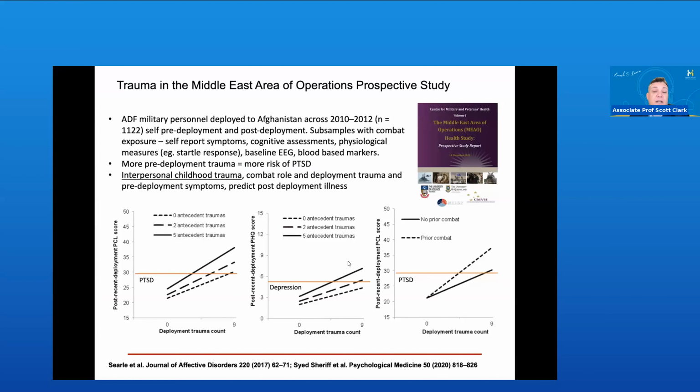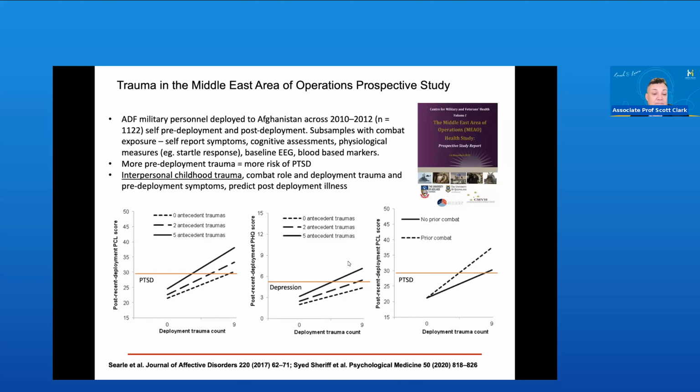In this sample, increased pre-deployment trauma, so exposure to trauma before going out to combat or going to Afghanistan, was associated with greater risk of PTSD. Particularly interpersonal childhood trauma was associated with a higher risk, but also combat role, which predicted what sort of traumatic experiences the person had, and trauma during the deployment, pre-deployment symptoms, and post-deployment illness all had an impact on the